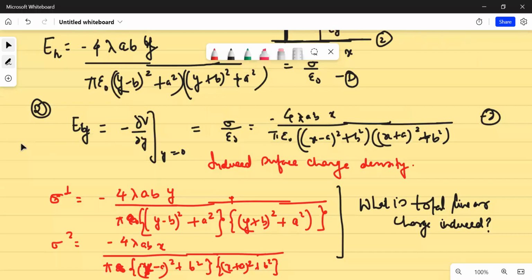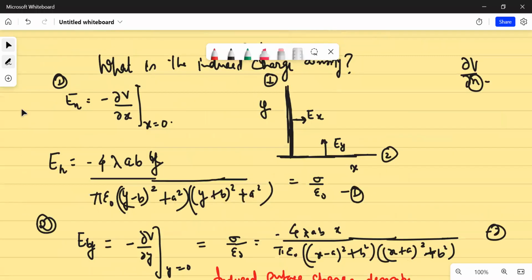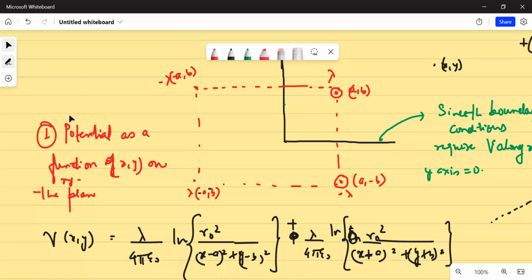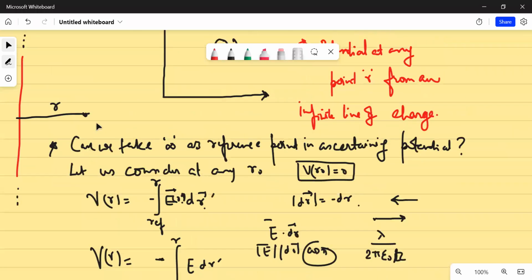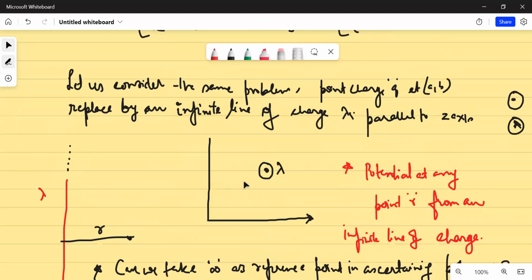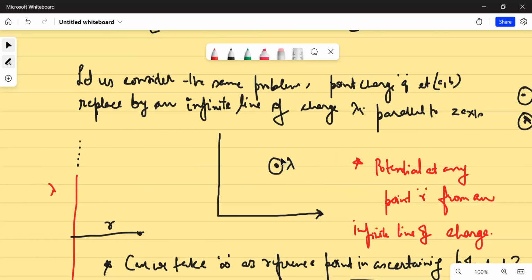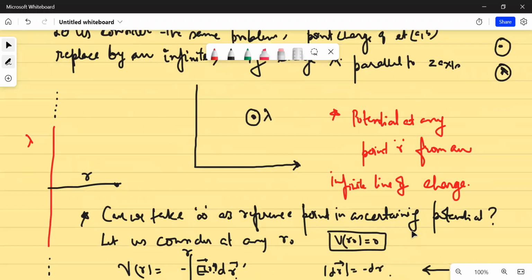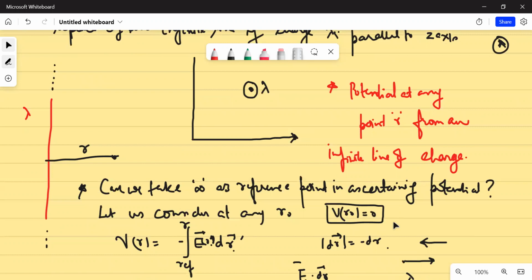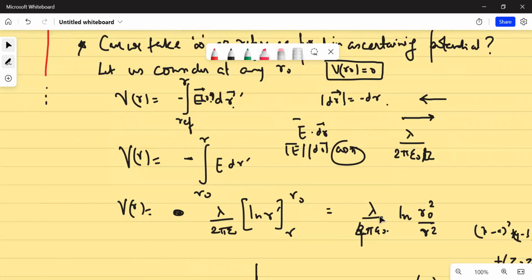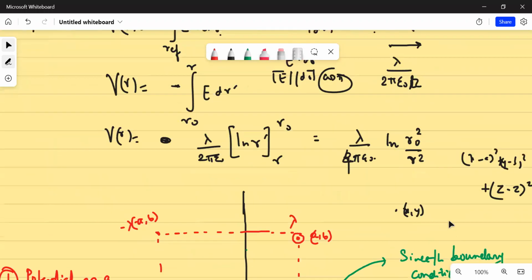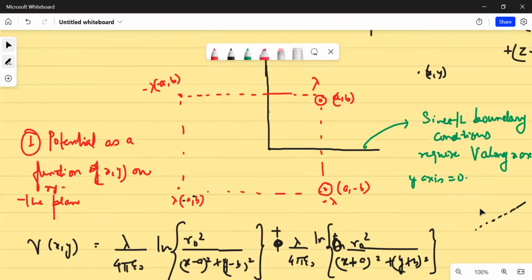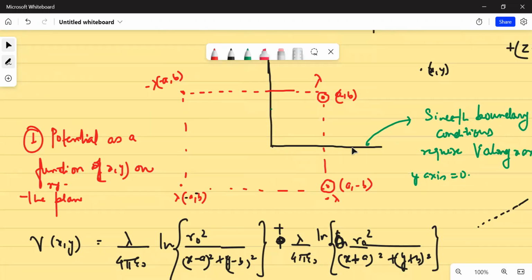Okay, so again, I'm reiterating what the problem statement was. Instead of these point charges, I replace them by an infinite line of charge parallel to the z-axis. The first thing I'm interested in is finding the potential. I found the potential due to an infinite line of charge, and I got the result as lambda upon 4 pi epsilon naught ln of r naught square upon r square, where r is the distance from the infinite line of charge. And further, I also stated that I'm interested in finding the potential as a function of x, y,